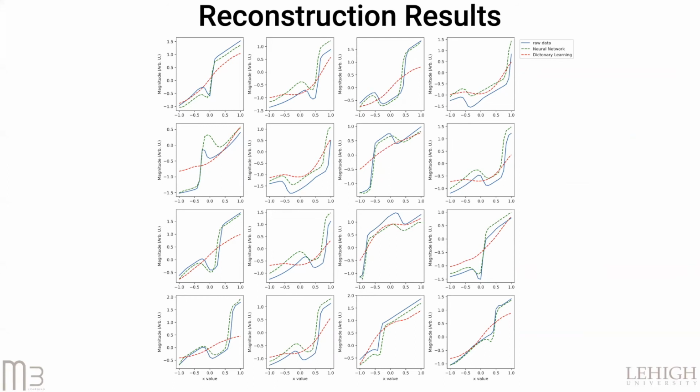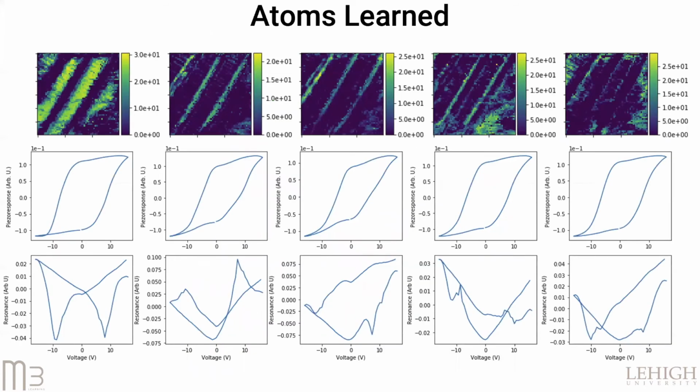Now that we've demonstrated that a neural network can at least capture the physical structure of a toy spectra much better than dictionary learning, it's important to validate if it actually makes sense on a benchmark data set of electromechanical switching. So we took that benchmark data set and again applied the dictionary learning technique and looked at the endmembers. So if we look at the endmembers, what we can see just out of the initial pass